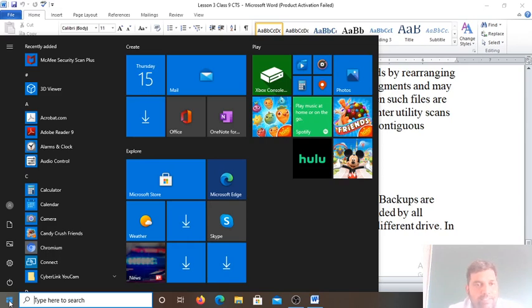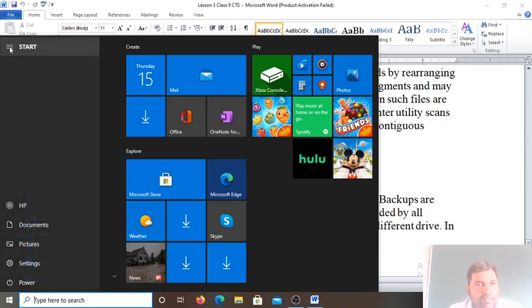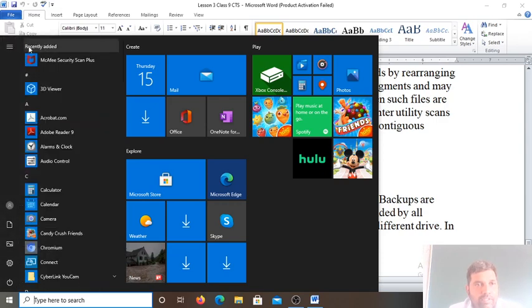Go to Accessories, and after Accessories you will find System Tools, and in System Tools you will find Disk Defragmenter. Okay.